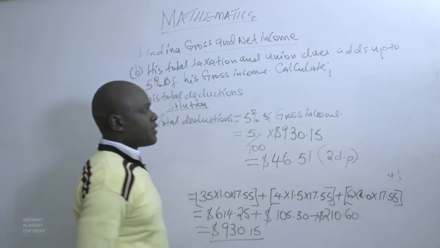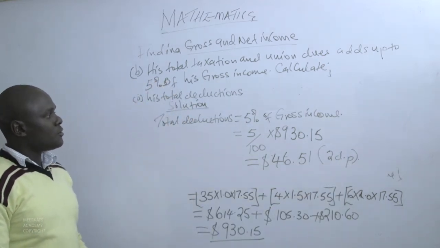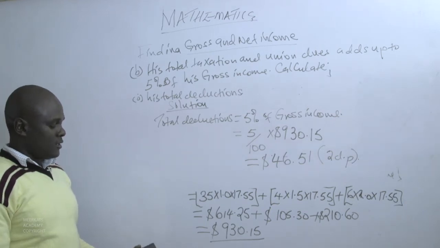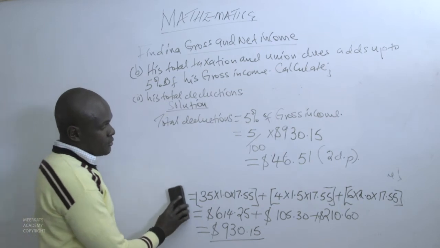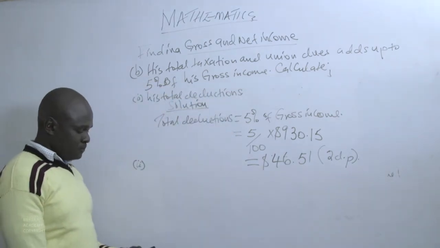This answer has been rounded off to 2 decimal places. So total deductions will amount to $46.51. The next question, question 2, part 2,